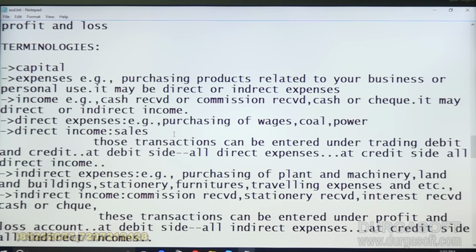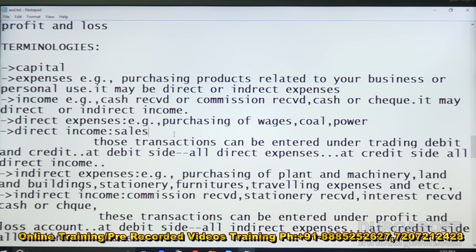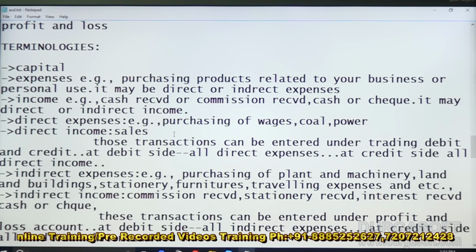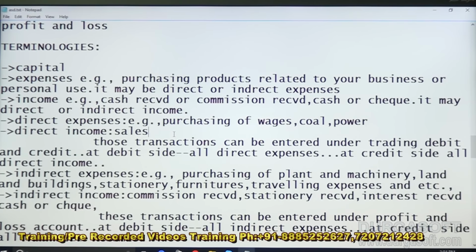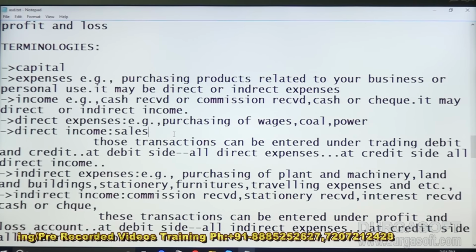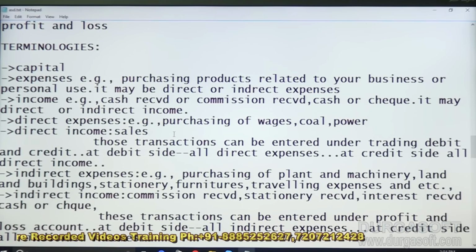Always business will see about profit and income, not expenses and not a loss. But without expenses we cannot purchase and we cannot earn the income. Without loss we cannot take our business to a profit. If once in a business life, at the end of the year, you are always earning the profit, what will happen? The owner will decrease the purchasing of products. If once he gets a loss, again he will get up and again he will develop the business,